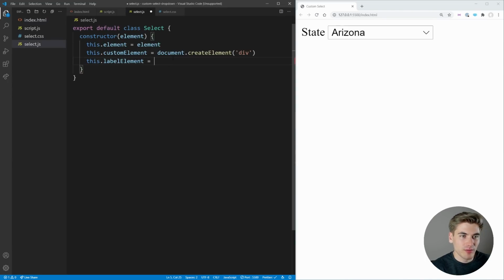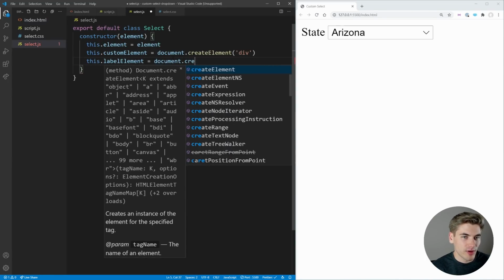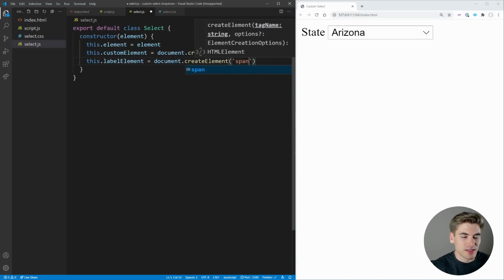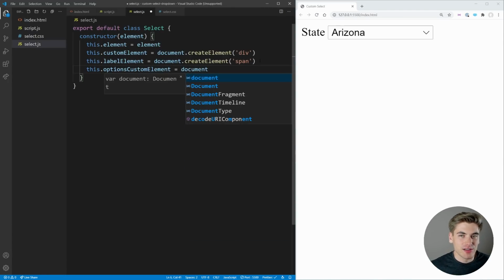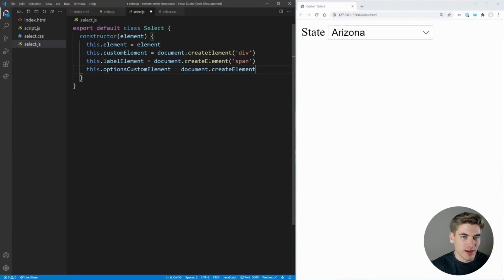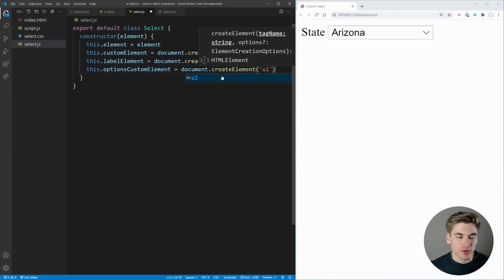So we're going to set our label element here equal to a new create element. We want this to be a span because by default, select boxes are inline like this. So we want to follow that inline-ish behavior by using a span. Then lastly, we're going to have an options custom element. And all this is the thing that contains our different options. It's this big list right here. So we're going to create an element, and this one's going to be a UL